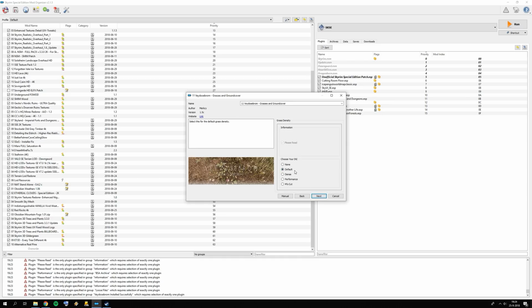For the grass density, either pick dense or Scott, but that's always a difficult choice for me. Dense, yeah, I'm going to go for dense. I'm going to go for the RTX 2080 Ti anyway next month, so I hope that will help me in rendering